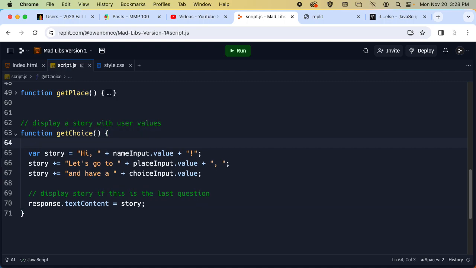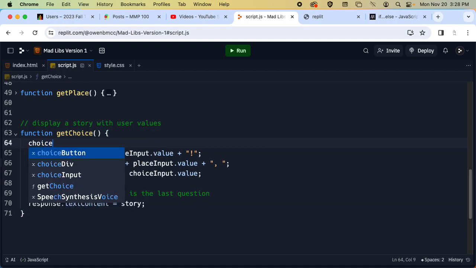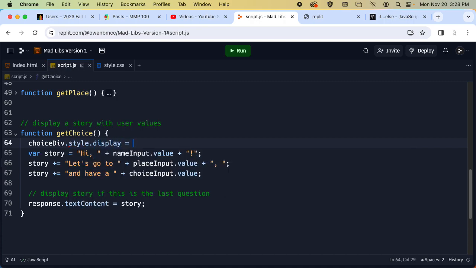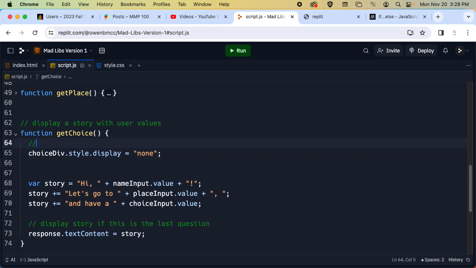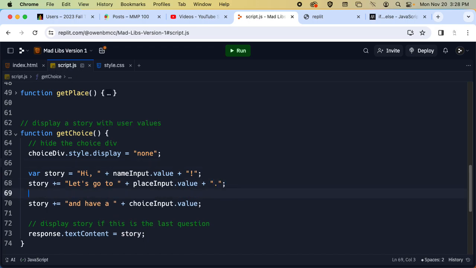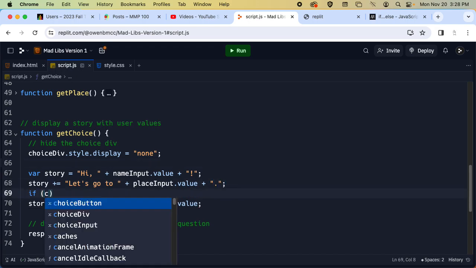So let's hide our choice: div.style.display equals none. Okay, so then instead of just displaying the story, let's say we want to have very different endings based on what the user decided. So I'm going to change this to a period, and I'm going to say if choice